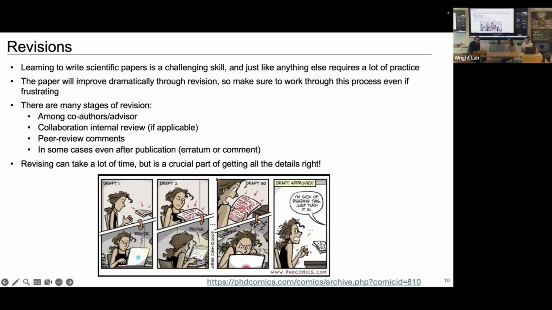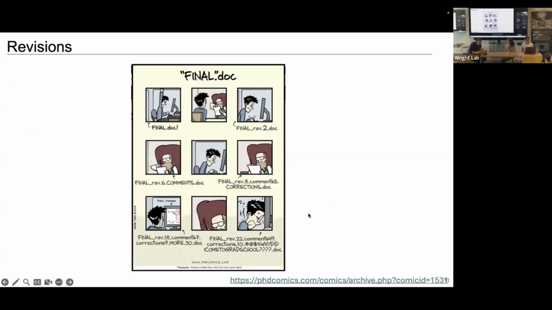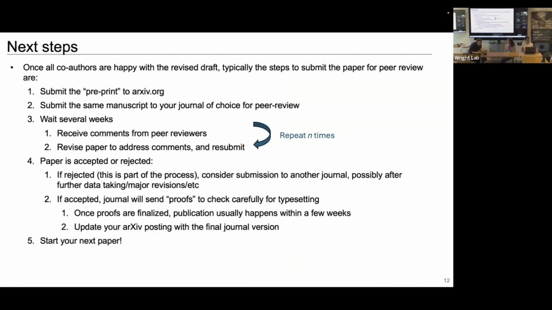And this is one of the biggest time sinks. Writing the first draft might not take you a ton of time, but revising can be the crucial part of getting to a final product. And yeah, here's draft infinity. Finally, once you get very sick of it, maybe it's time to turn it in. Okay, so last slide.